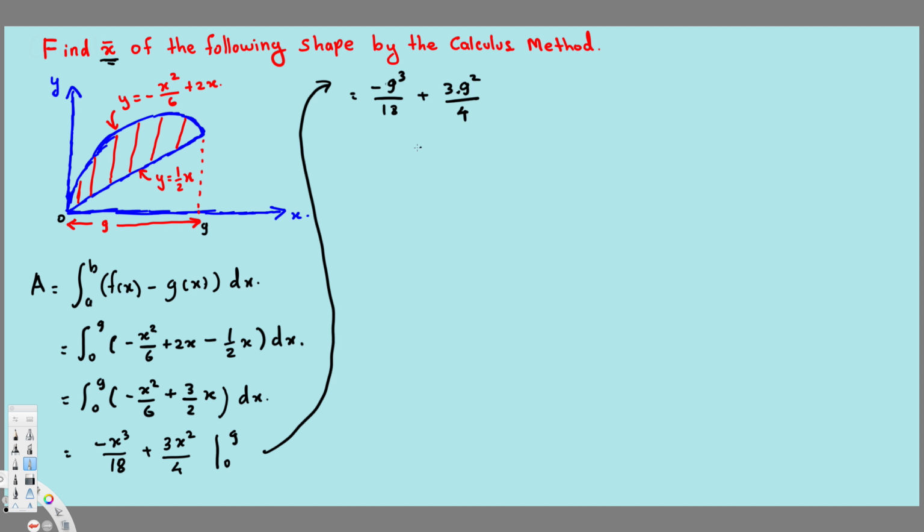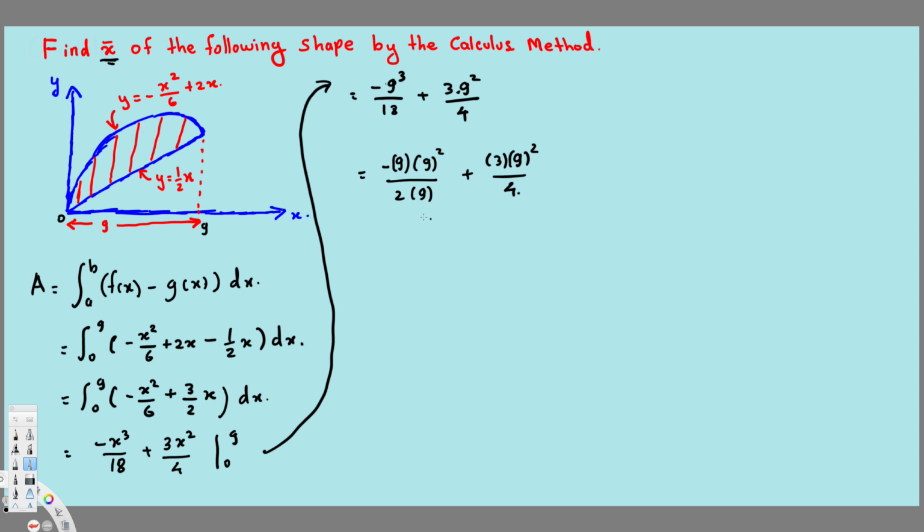Here I can separate the 9 cubed into 9 times 9 squared, and 18 is the same as 2 times 9,